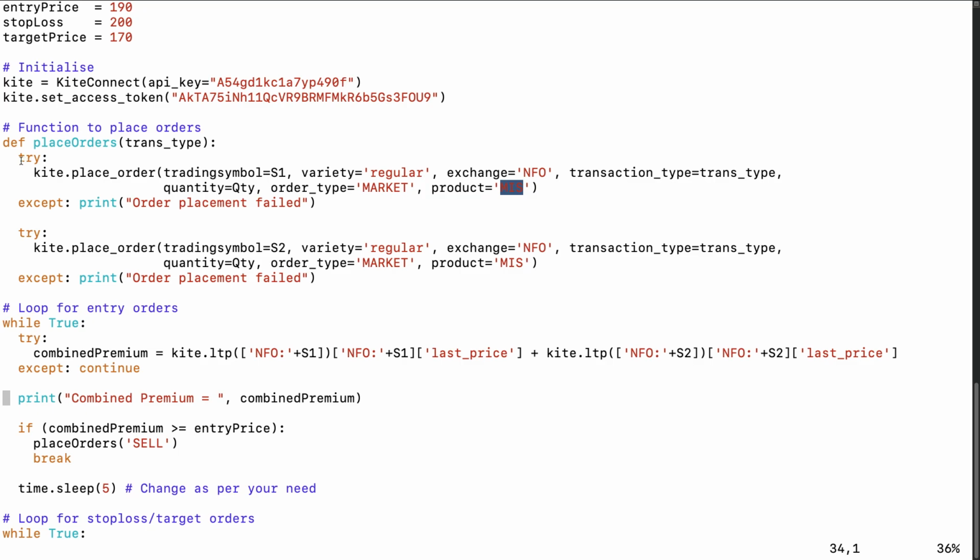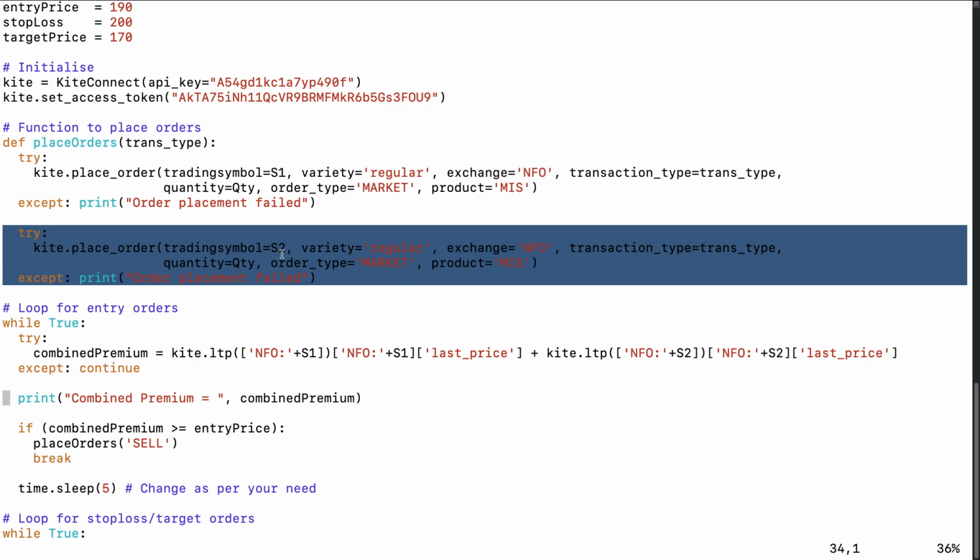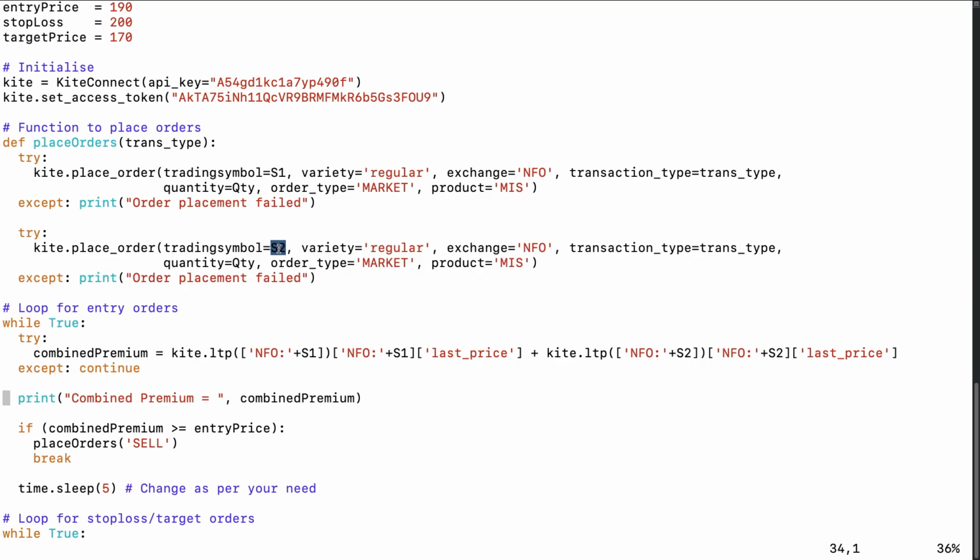So simple. This order gets executed for symbol 1. If everything goes fine, it will come to this block, and everything is the same in this block except that S1 gets replaced with S2, nothing else. So now, if everything goes as planned, if you go back to your Zerodha account, there should be two orders executed immediately for both of your strikes S1 and S2 at whatever market price was available.